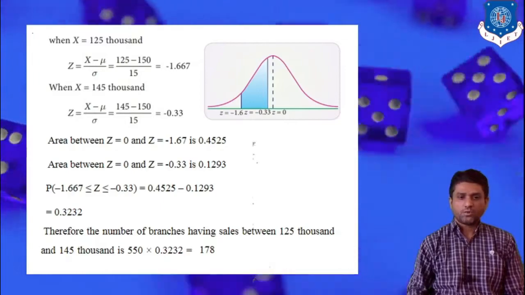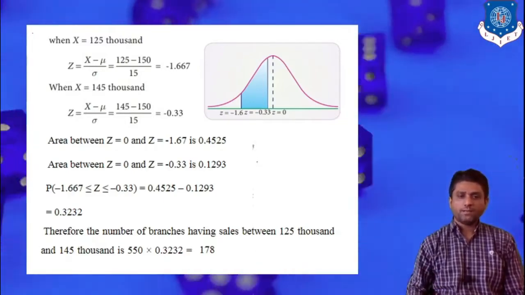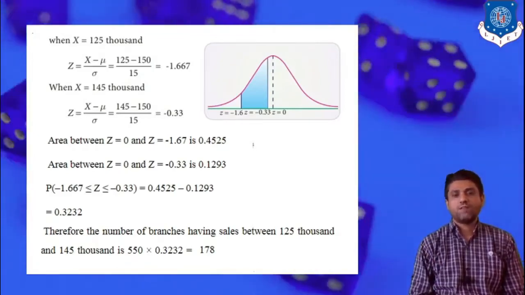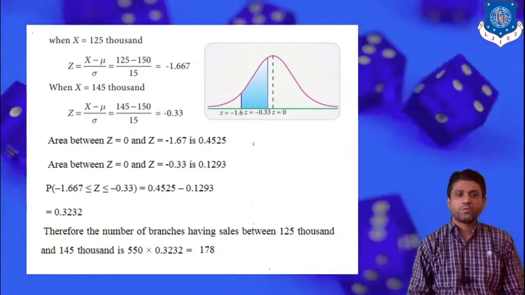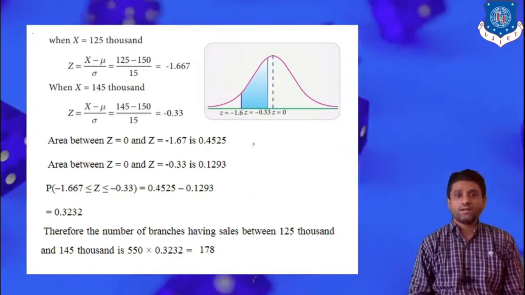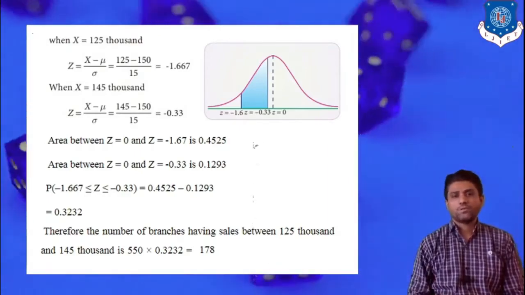There are a total of 555 branches, so we multiply 550 by 0.32. It gives the value 178. So we conclude that there are a total of 178 branches whose sales fall between